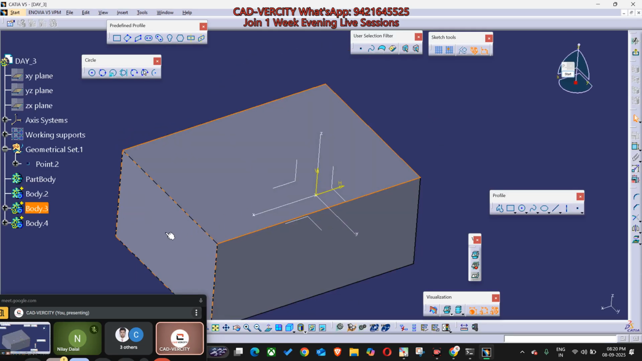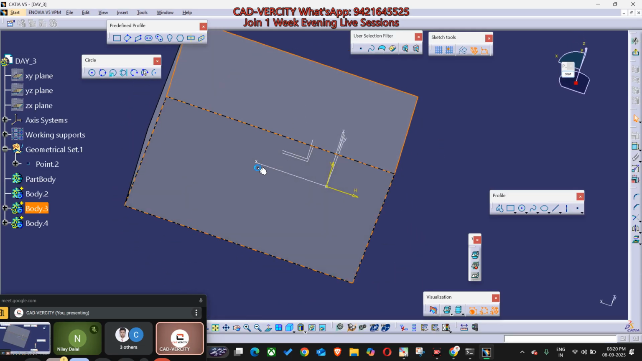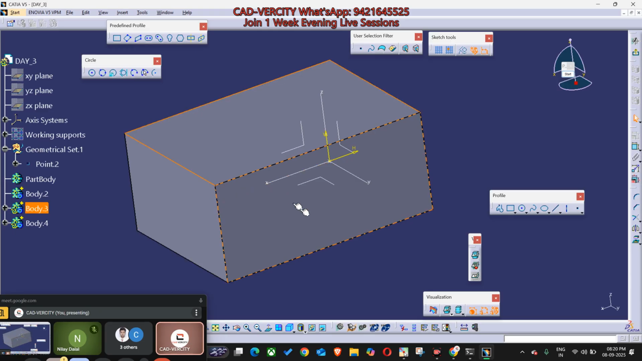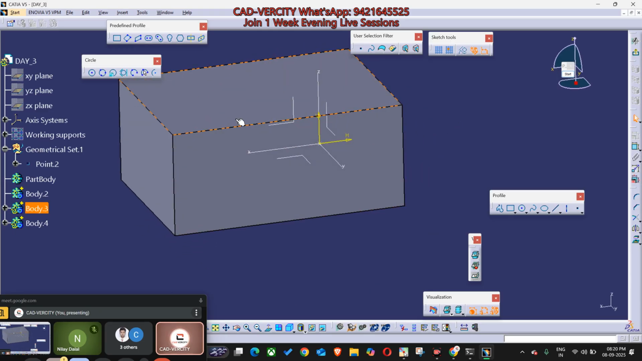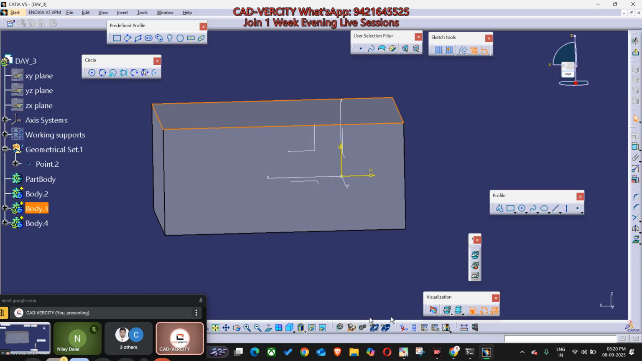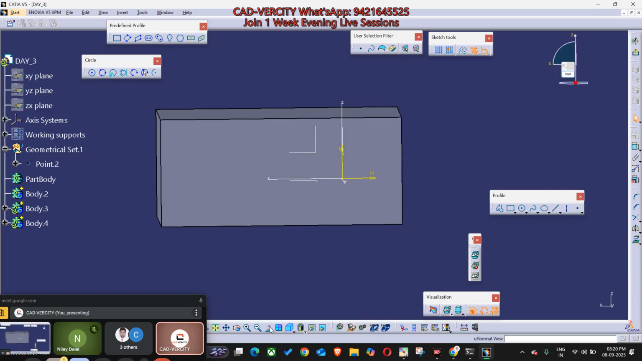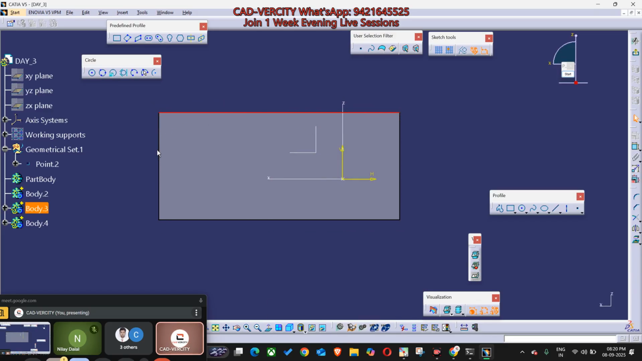Yes or no? Can I select the faces? Yes. But suppose I don't want to select this one. Why? Because if I click on normal view, here is the normal view. Unnecessarily this will disturb me while drawing any sketches. So what I want is to see the background 3D, but it should not be allowed to select any 3D